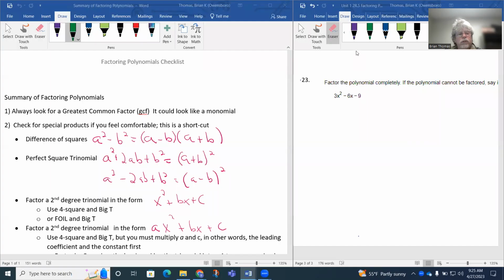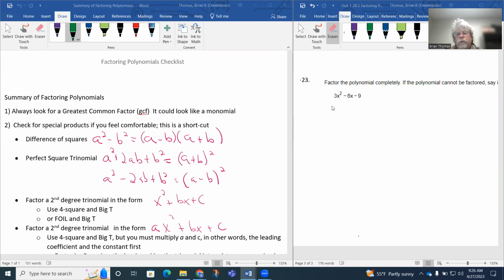So this example here, question 23, again, we want to factor the polynomial completely. Again, if the polynomial can't be factored, we're supposed to say it's prime. But we haven't really come across one that's prime just yet, so we're going to go in thinking it's going to be factorable. So again, in factoring, notice how the first thing we always want to look for is the